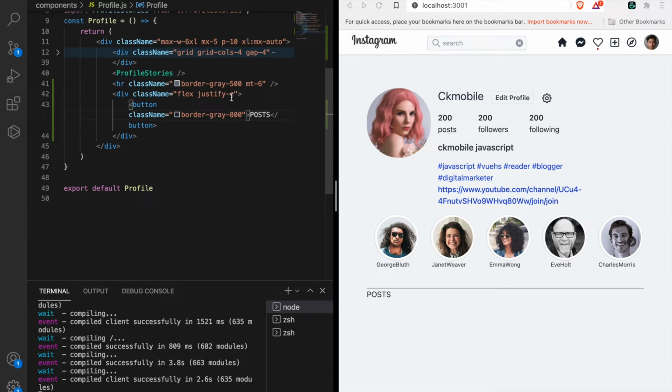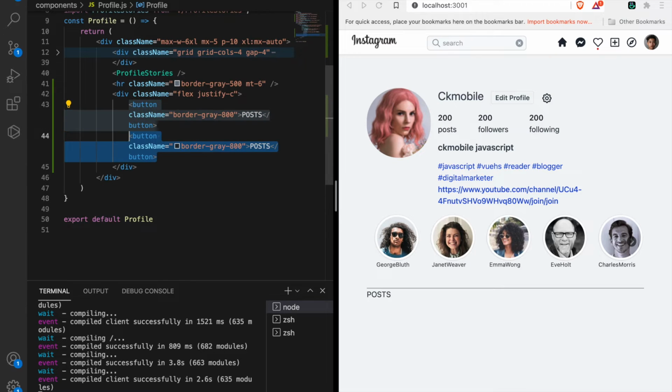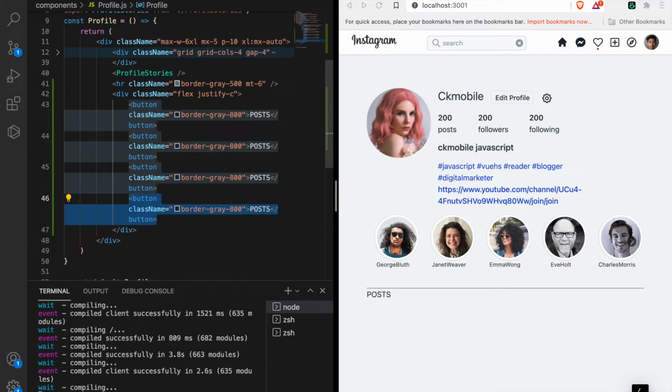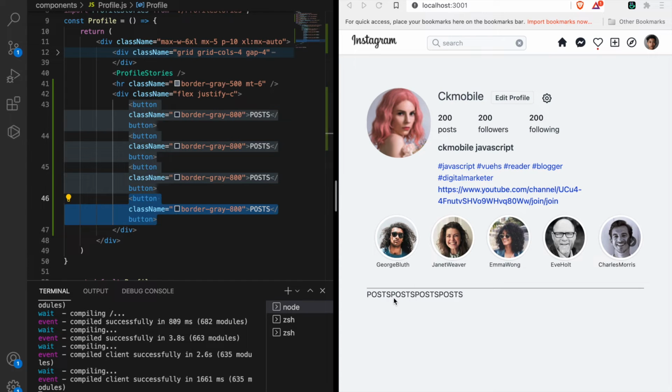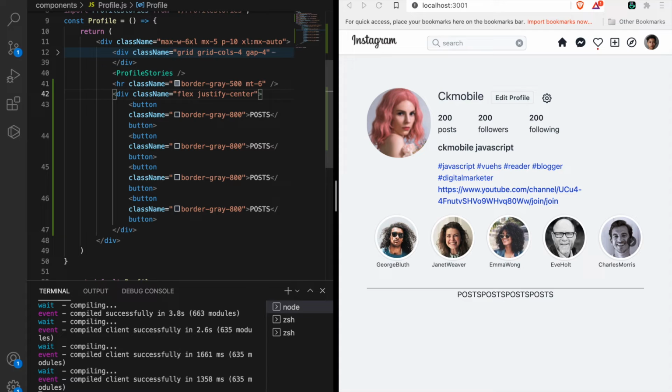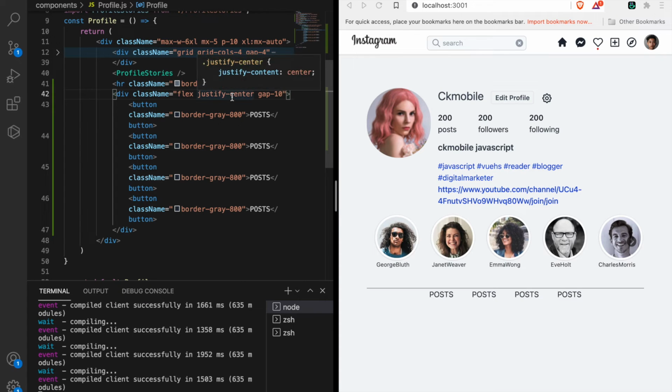And now we want to push all of these buttons to the center. So for example, we have these 4 buttons. This is all on the starting point, so we should use the justify center. And then we should make a gap of 10. Now you can see the 4 buttons already have some space in between, and we can add a